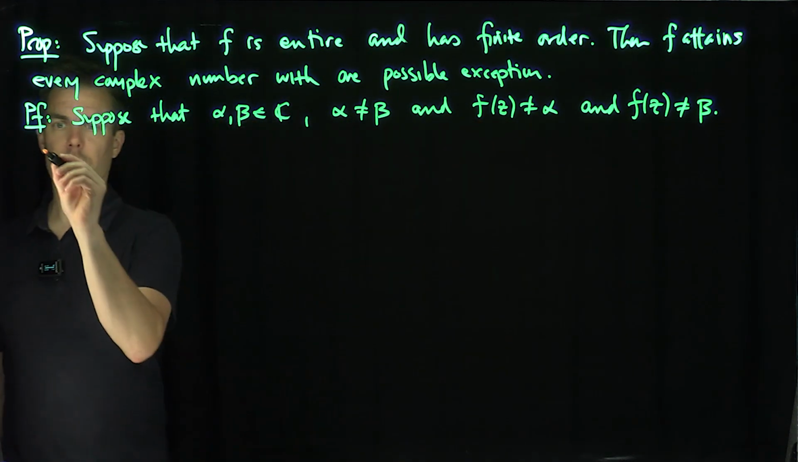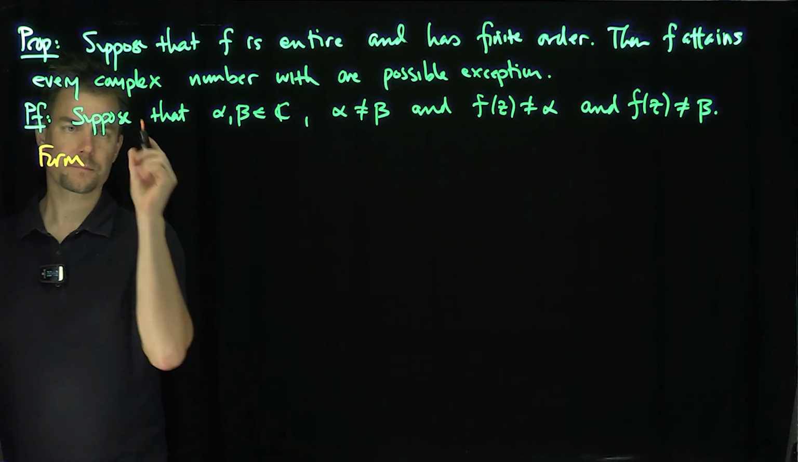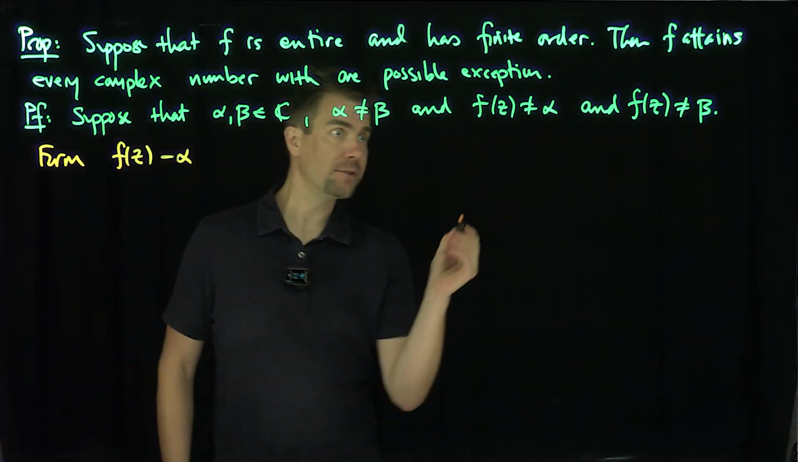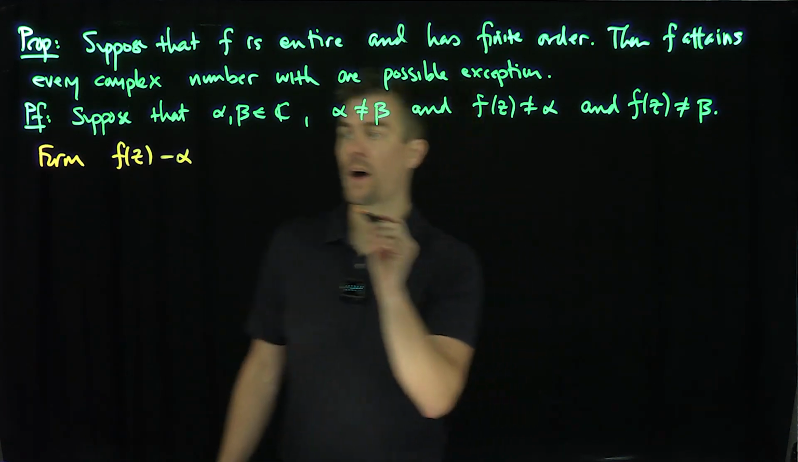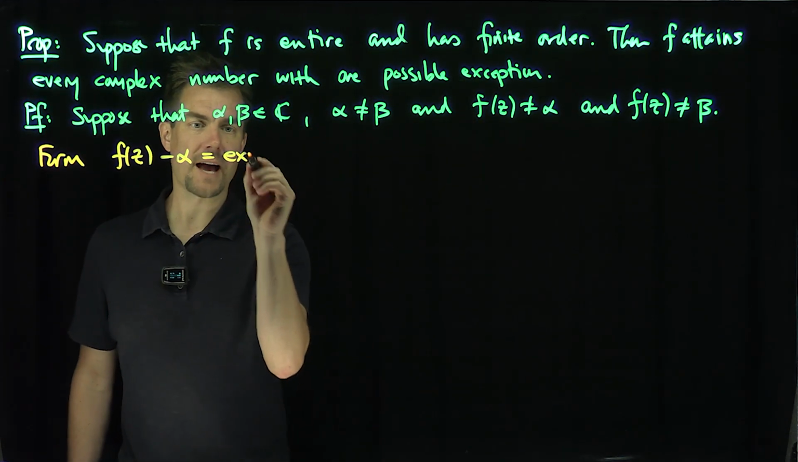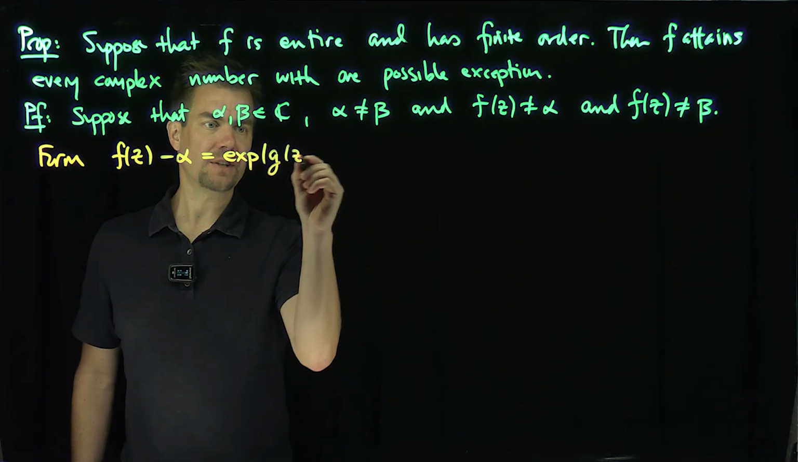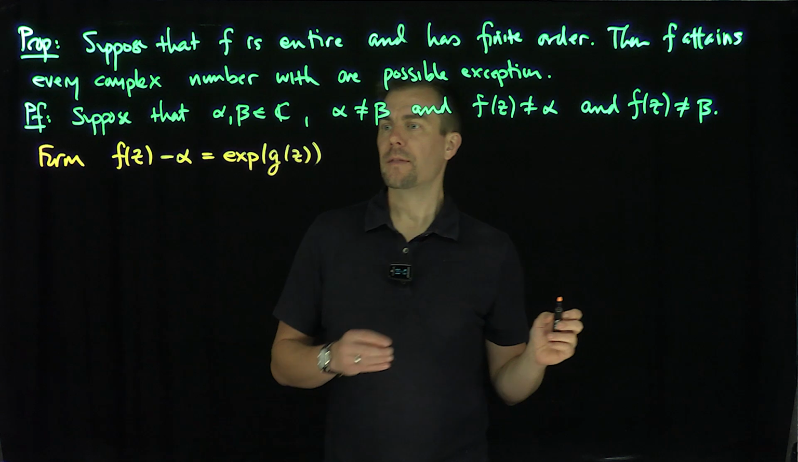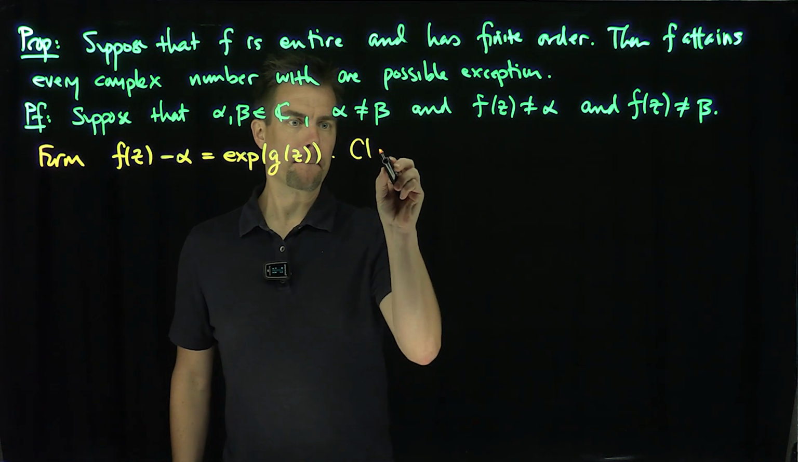Then what I can do is form f of z minus alpha. Now f of z minus alpha is not equal to 0, therefore f of z minus alpha is the exponential of g of z, for some g of z. Great. Now I claim